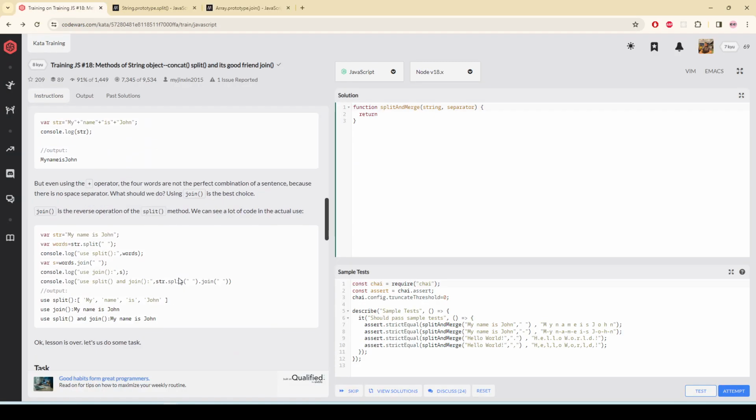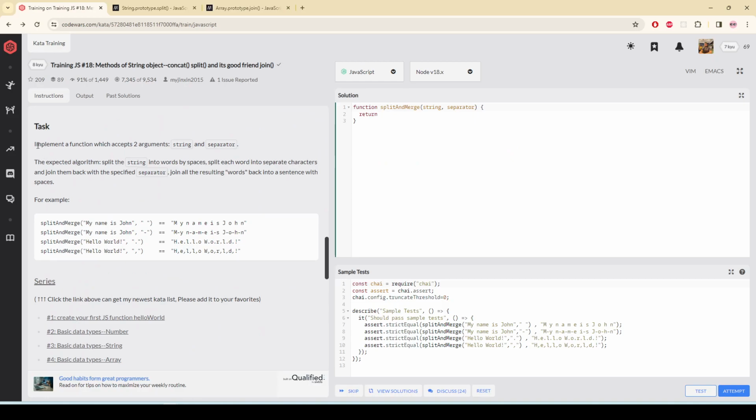Now let's look at the problem. Implement a function which accepts two arguments, a string and a separator. The expected algorithm: split a string into words by spaces, split each word into separate characters and then join them back with the specified separator. Join all these resulting words back into a sentence with spaces. For example,